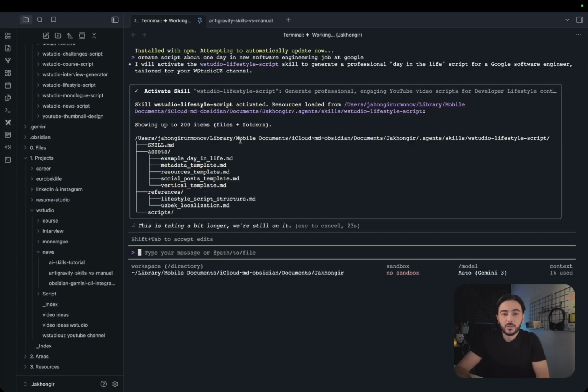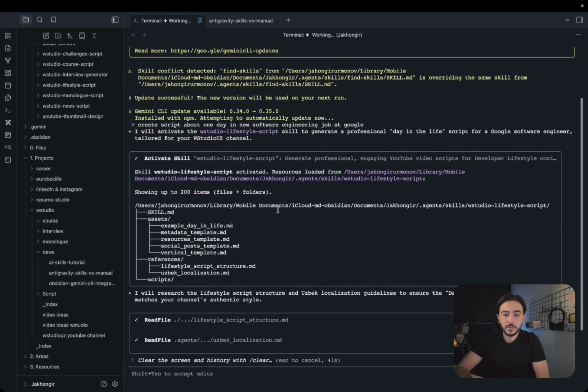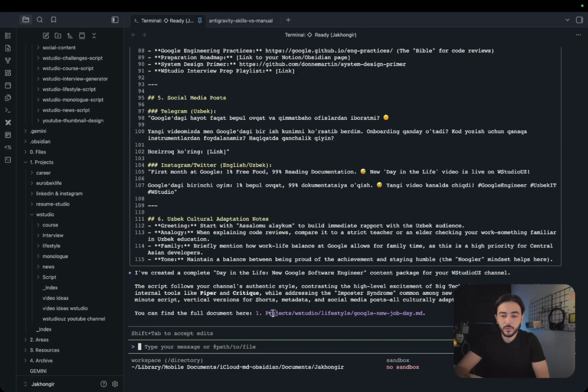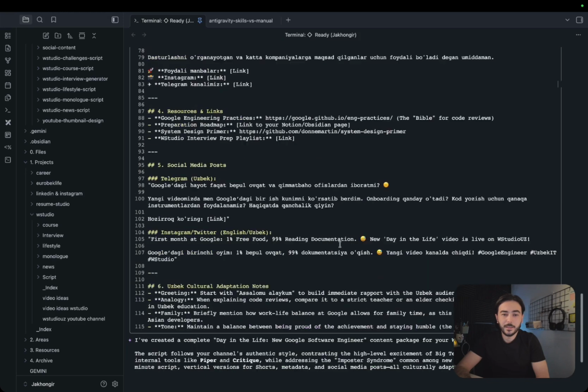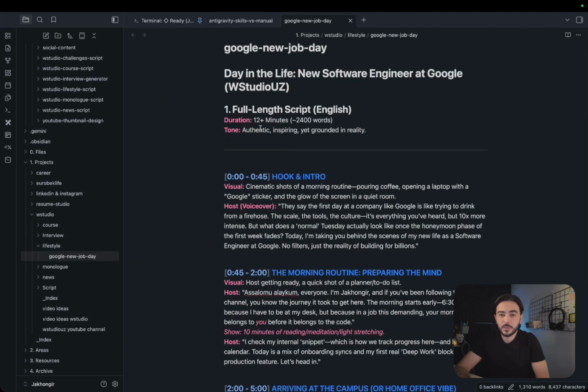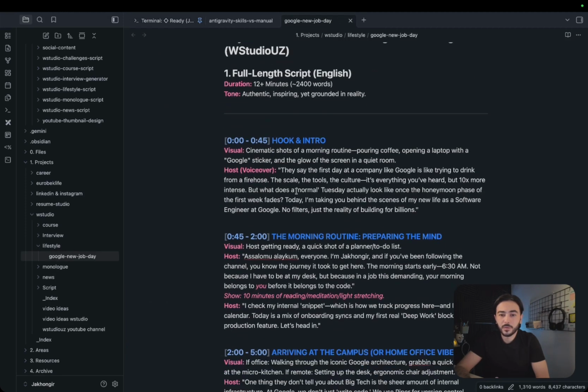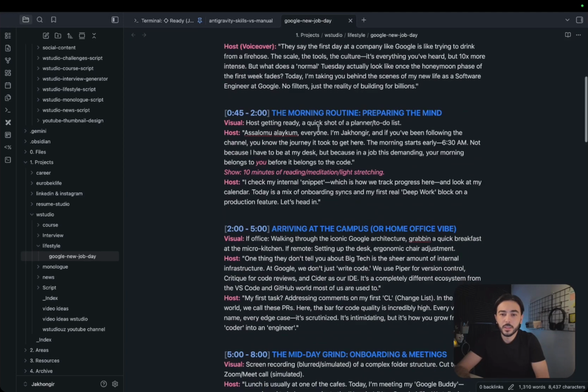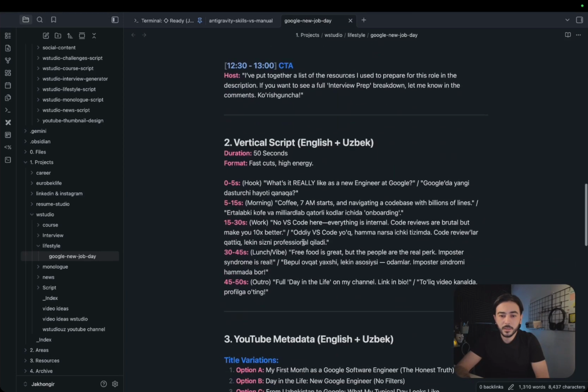Before generating the new script, as you can see, first it scanned all the files in the WStudio Lifestyles. I didn't write anything else. Okay, it's finished. Let's go to this directory. I didn't even mention the directory. AI found the directory and created this directory for me. Let me open it. And as you can see, we have our script with a nice hook, intro, and let's go to,